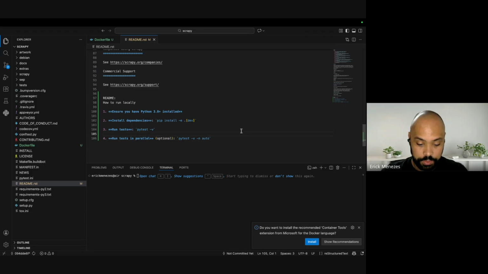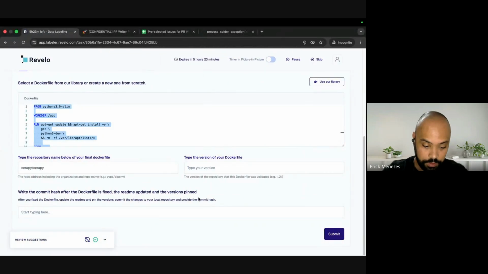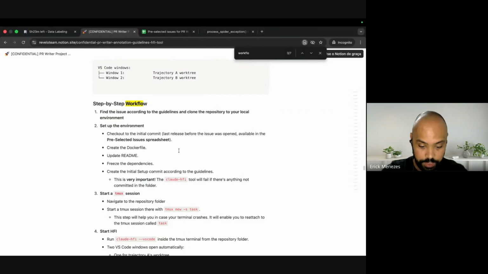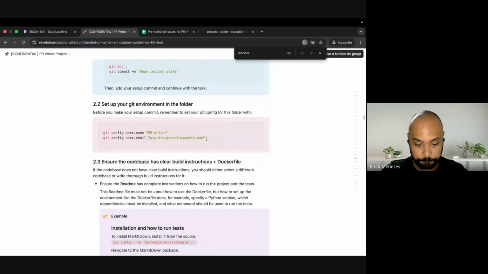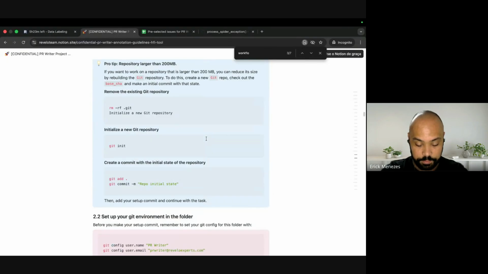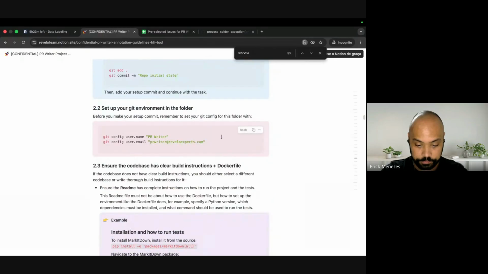And once we have all done that, we have to set up our task for the models to begin. So after that, let me get back here to setting up the initial repository.